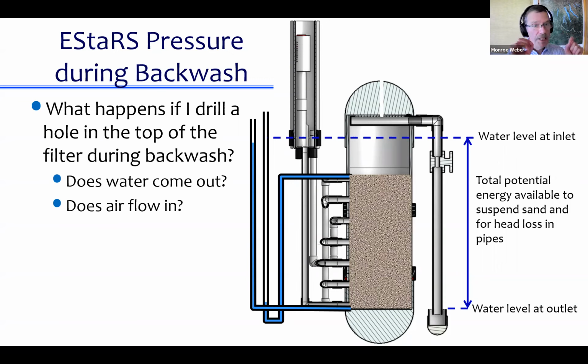In an open stack rapid sand filter, we manipulate the pressures by dropping the water level a really long distance in the filter box between filtration mode and backwash mode. The water level drops more than a meter in order to get the pressure lower at the top of the filter so that there's enough energy to actually back fluidize the sand. In an enclosed stacked rapid sand filter, we also change the pressure, but because it's enclosed,